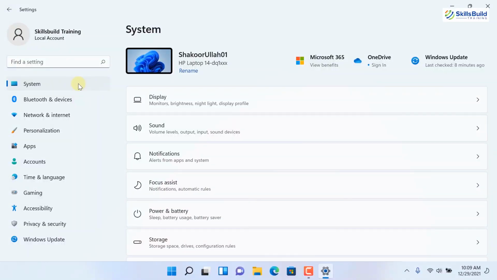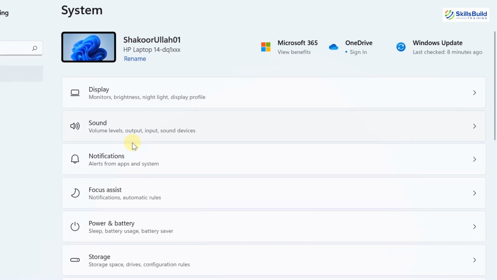As system performance has a lot to do with power consumption, some people prefer to have better system performance and some prefer to go with better battery performance. Well, we can have different power modes in Windows 11. To select a particular power mode, open your settings and in the system section, if you scroll down, you will